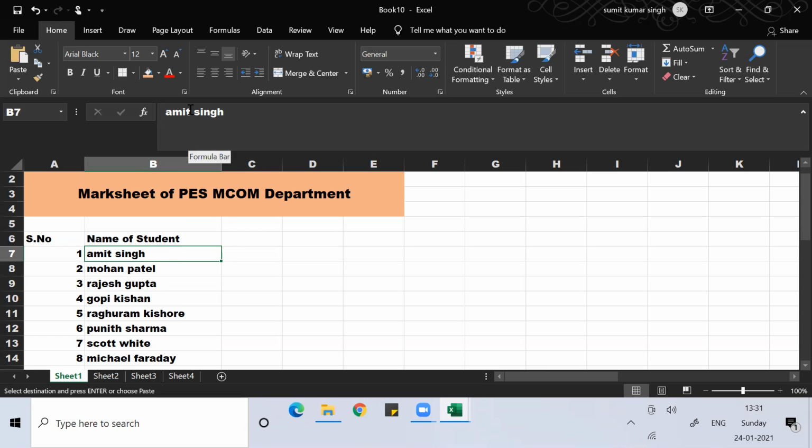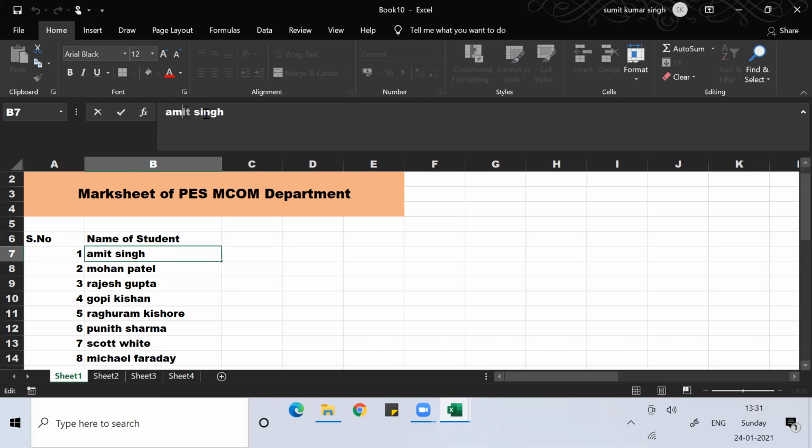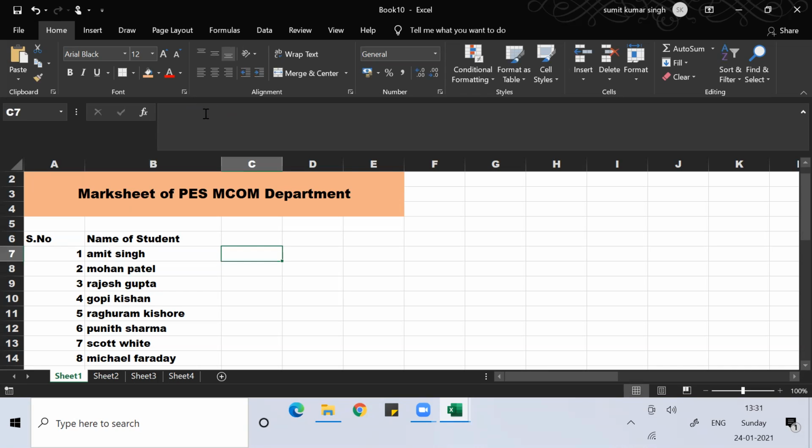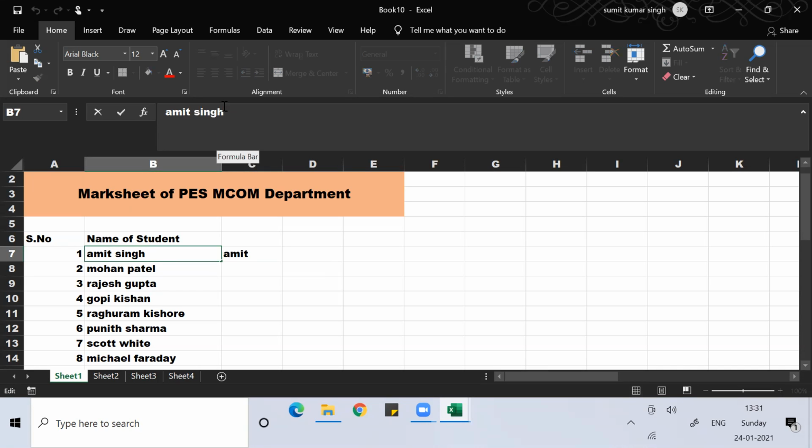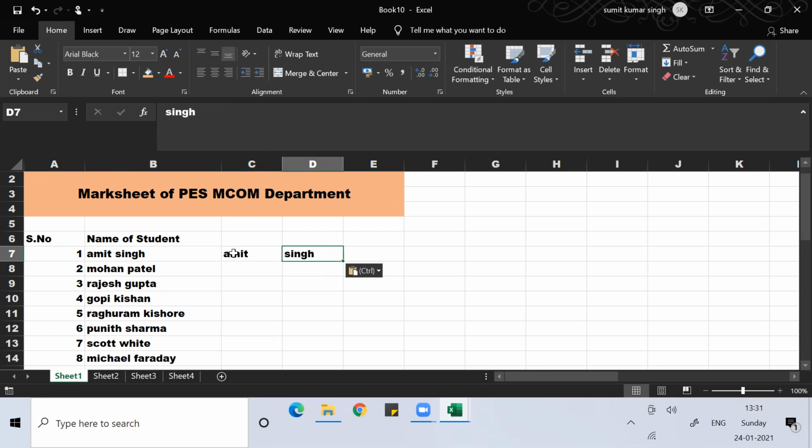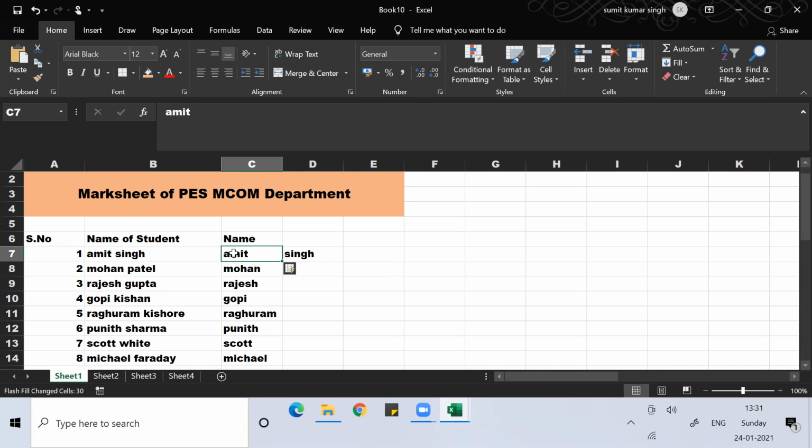I just simply go to the first one, copy this, Control C, and I write here Amit. So one part of the work we do, then you select this, Control C, copy that, Control V. One set of work you do and the rest Excel will do. Then you press Control E for the Flash Fill. Excel will do everything. So your name and surname got separated.